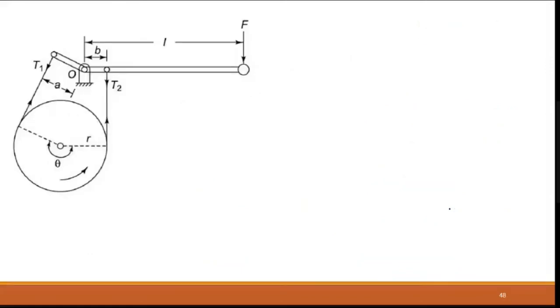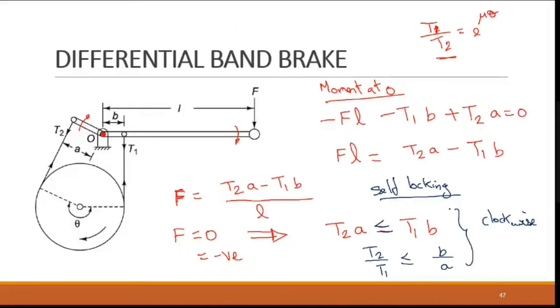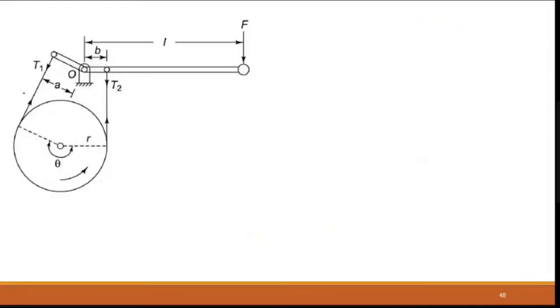Now the same brake, right? Now I am applying force in the anti-clockwise direction. You can see that when it is rotating like this, I call this T1, because this is the side that is pulling your rope or belt first. That is changing, because when it rotates, this is the first time it is pulling.